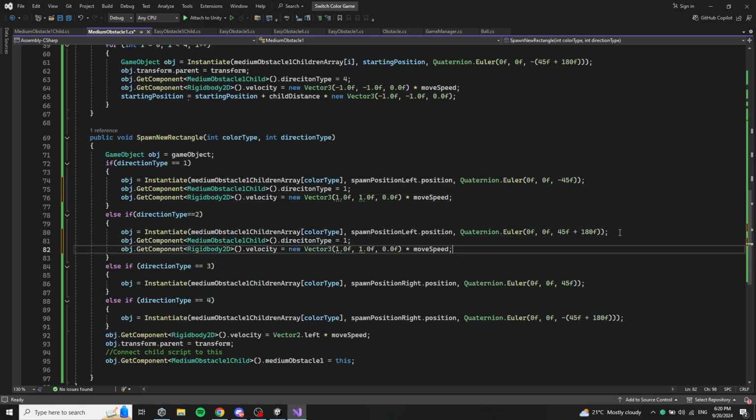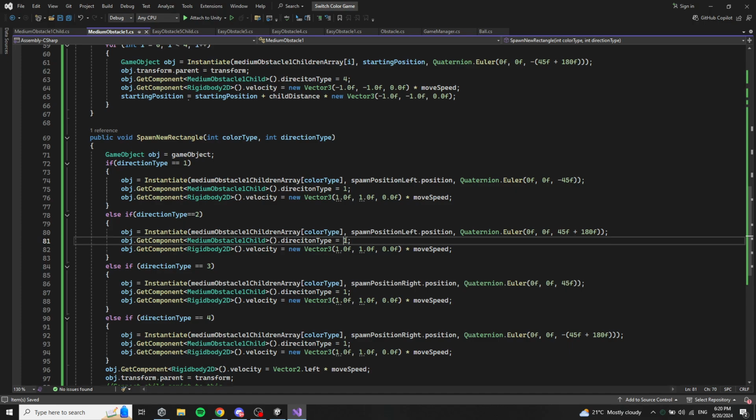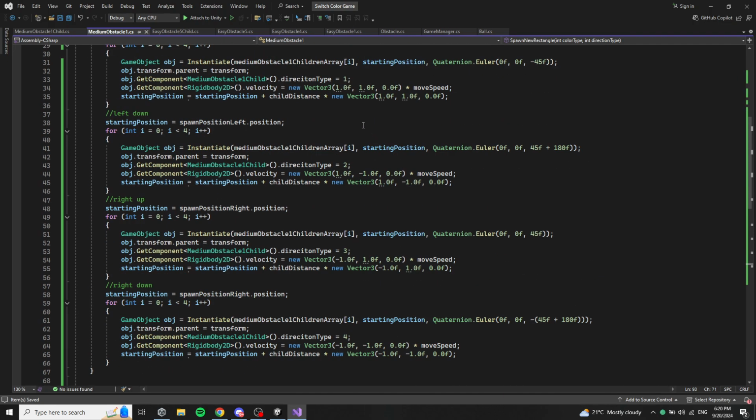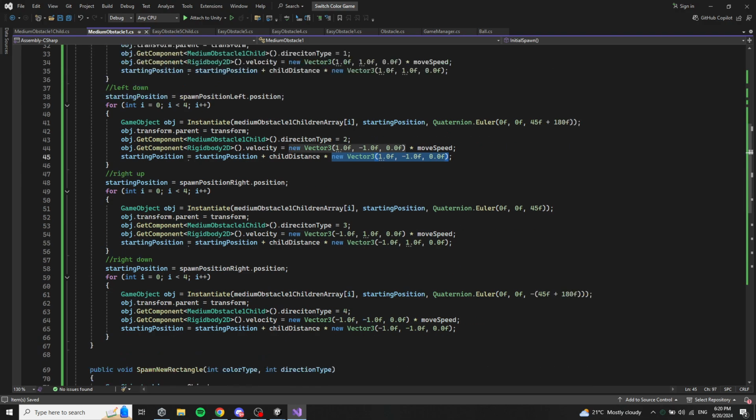So let's copy it first on each line, each if, and then we set it to the type. And now we need to copy those vectors. So the first one is correct, second one,